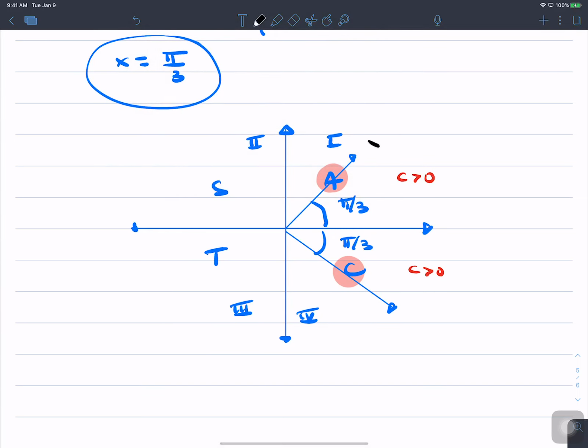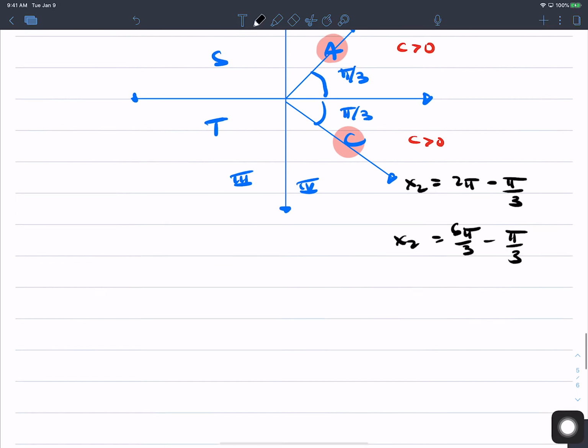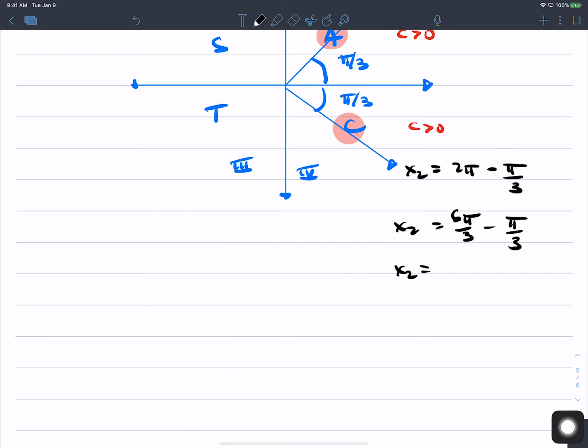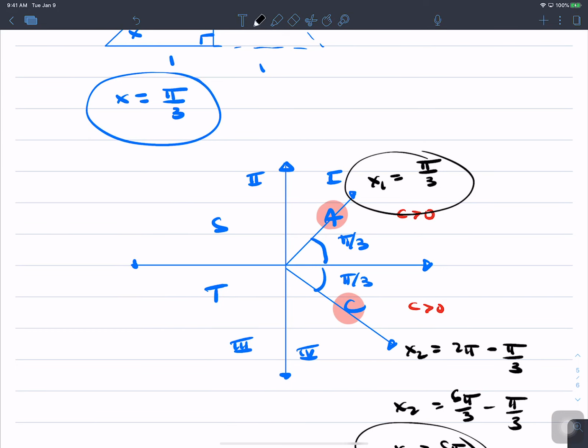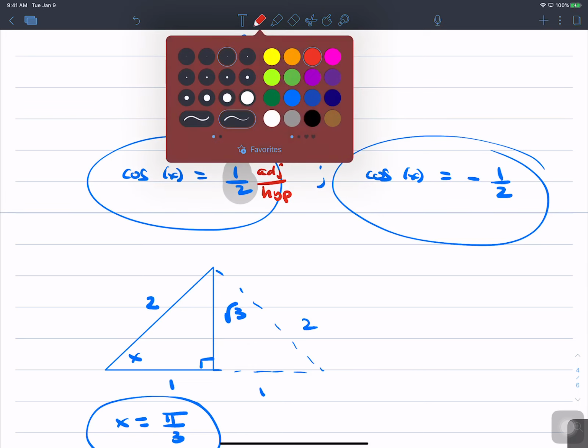So my first solution we found for positive cosine was pi over 3. And I'm going to say my second solution here is 2 pi minus that pi over 3. And yes, that'll be 6 pi over 3 minus pi over 3, or the second solution will be 5 pi over 3. Okay, so we're looking at these two solutions here. And that happens for positive cosine. So this is where we're looking at. Cosine's positive. And then you say, what about the others? Well,